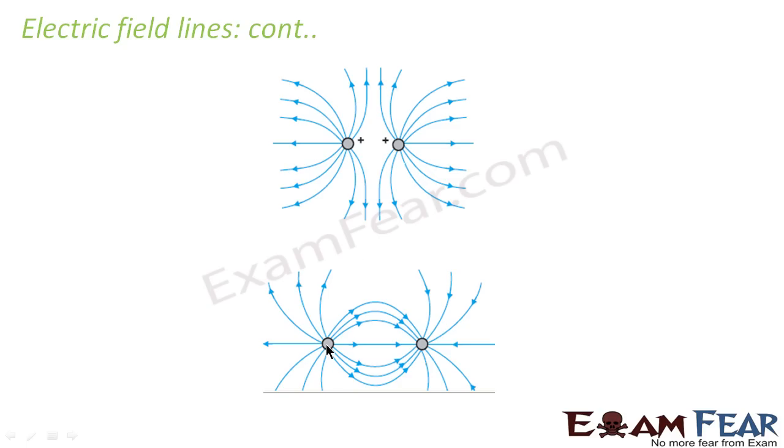Similarly, if you have opposite charges, let us suppose this is a positive charge and this is a negative charge. So electric lines are originating from here. If this charge had not been there, then it would have moved somewhat like this, right? But since there is a negative charge, it gets bent towards the negative charge and terminates in the negative charge, because lines of force go inward to the negative charge. So it originates from a positive charge and terminates in a negative charge. Right? So this is how the electric field lines look when you have two like charges or two unlike charges in front of each other.